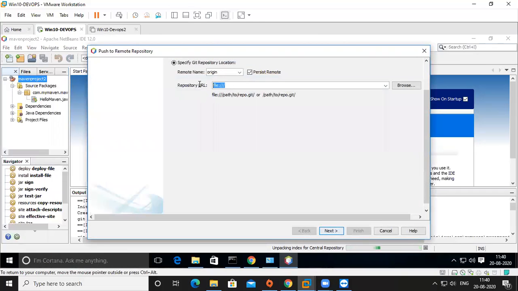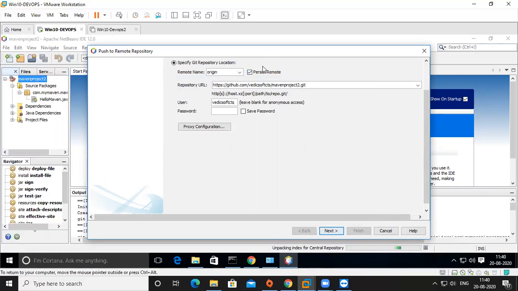Here I have to give this one, and I'm giving it directly. If you want to be anonymous, you can leave it, but anyway it will ask for the password and so on. Then I give the username and password.